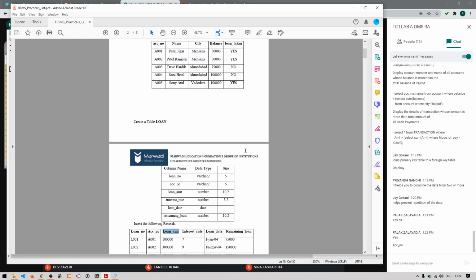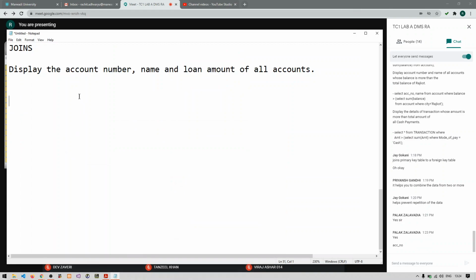Yes, we have a common column called account number. So if we have a common column between the two tables, then we can perform a join. So now let's perform the join operation. The answer of this query will be like this.